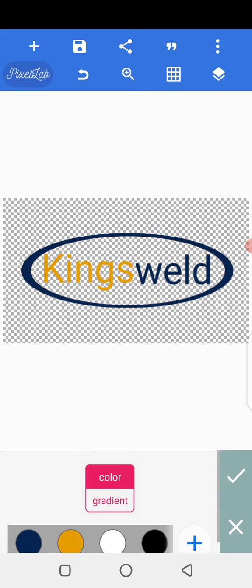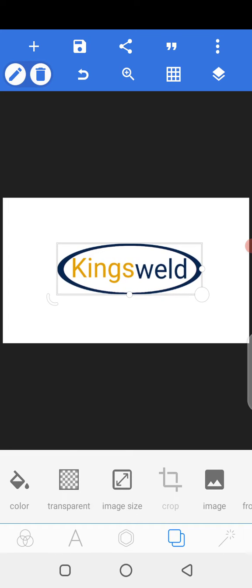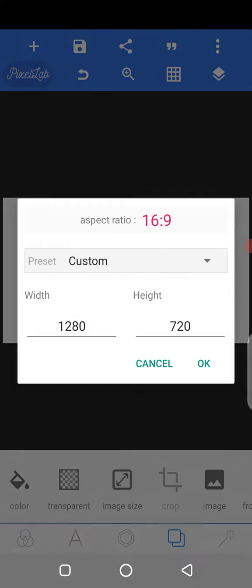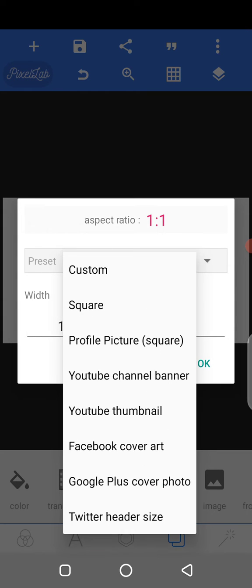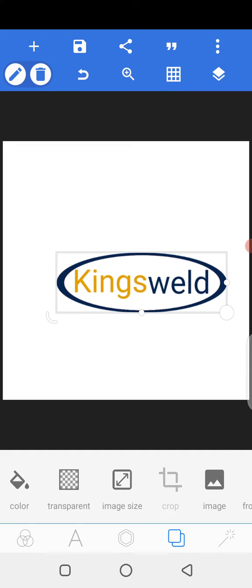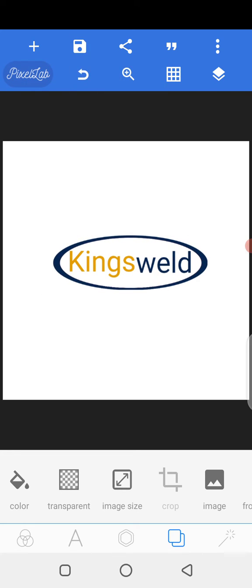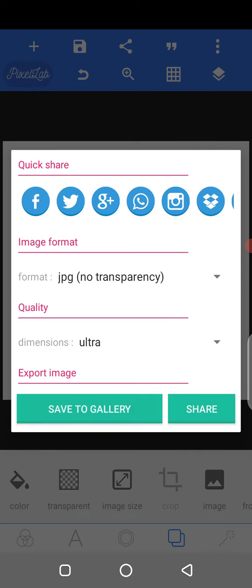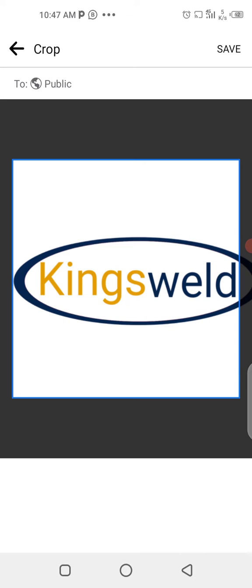So this is what I'm going to do. I'm going to reduce this. Yes, I think this will be okay. Or I can just decide to reduce the size to a 2x2 square. For the Facebook profile picture, you can see the pixel size for a Facebook profile square. So I can decide to put this here and save. That's it. So I'll go back to my Facebook page